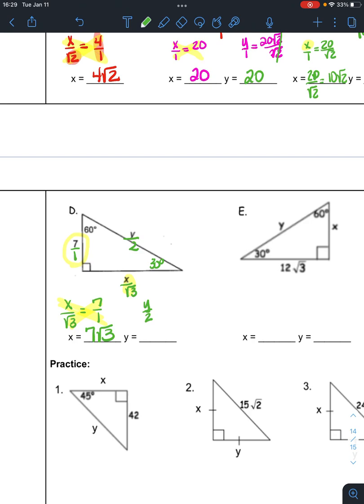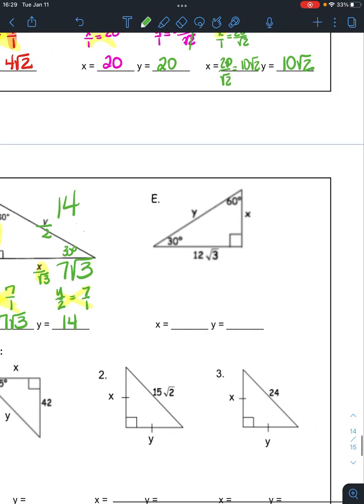And then we have y. So we have y over 2 is equal to 7 over 1. When you cross multiply that, you get y times 1, which is just y, and 2 times 7, which is 14. So y is 14. So we had 7, we had 14, and we had 7 root 3. Now I'm just going back and writing them there so that you can start to see that there's a pattern